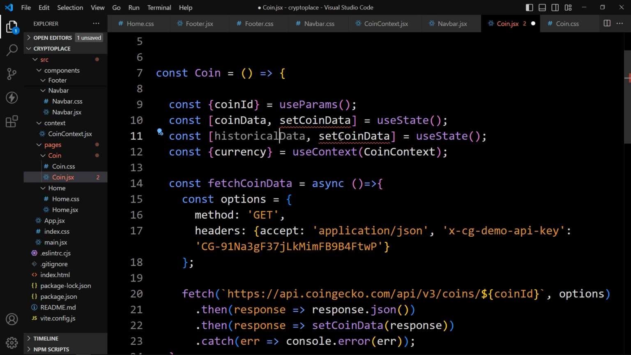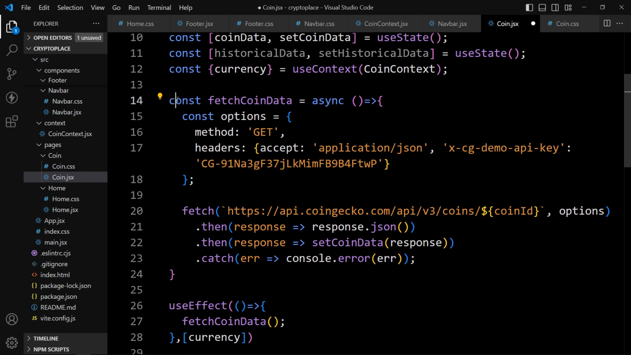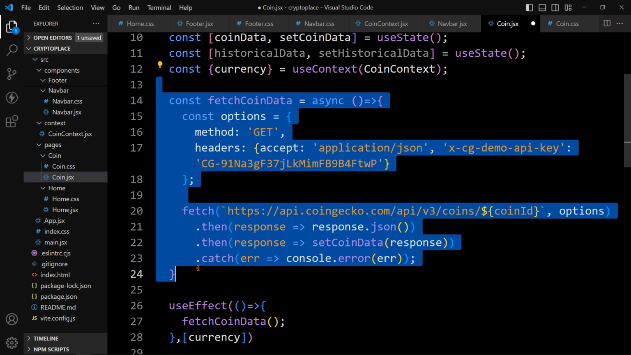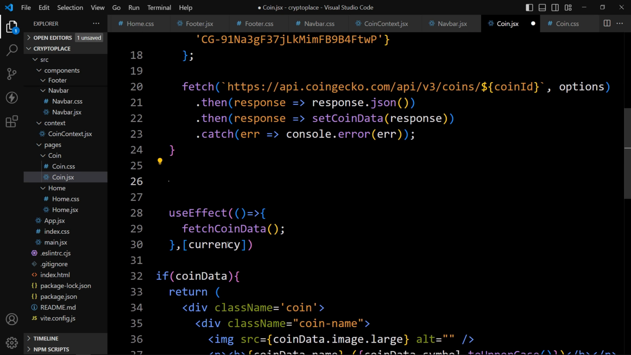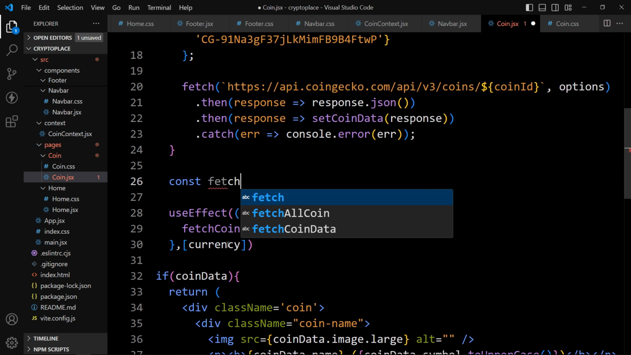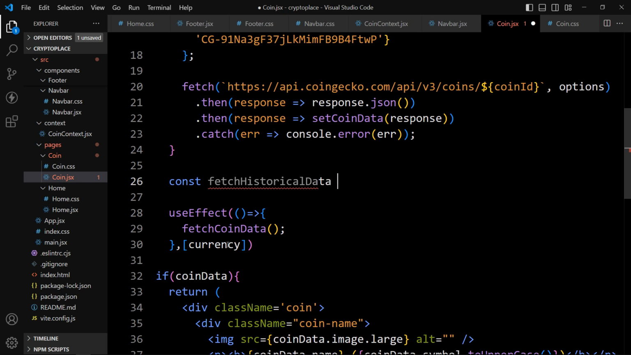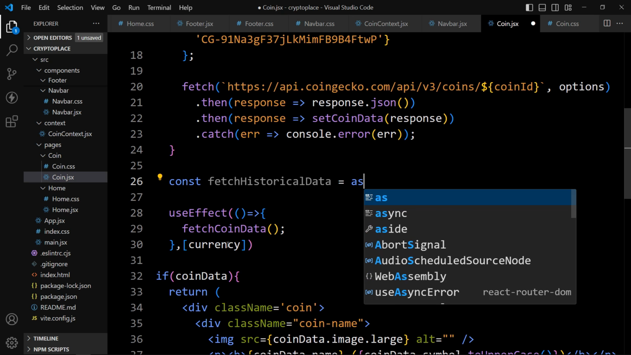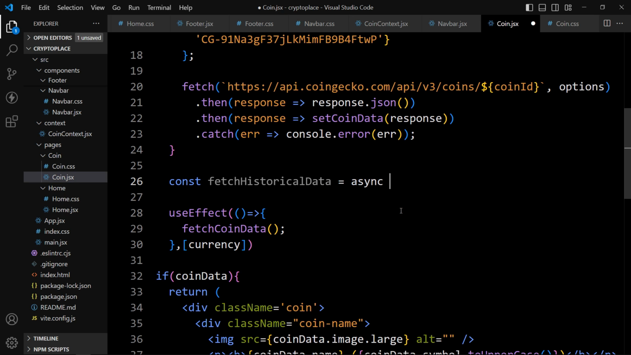Historical data, and here we will add set historical data. Like this. Now we will add another function that will fetch the historical data. So after closing of this function, let's add const fetch historical data is equal to one asynchronous arrow function,